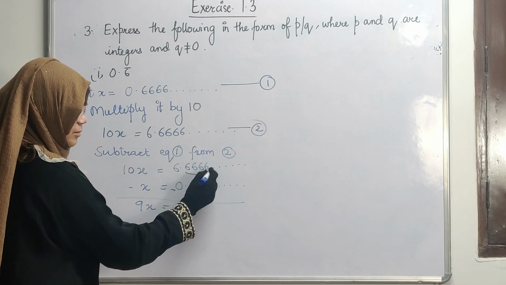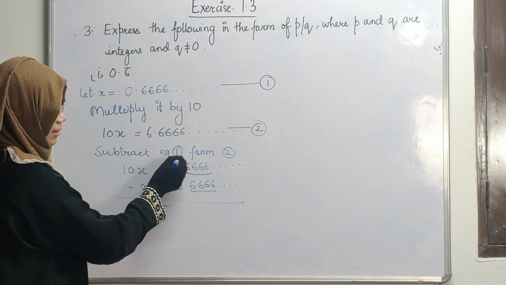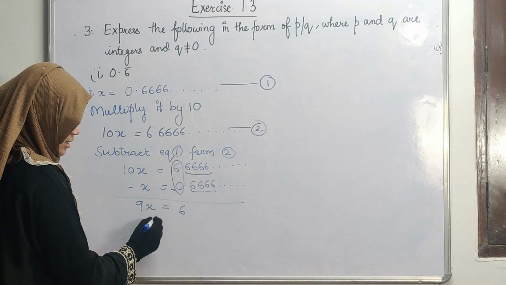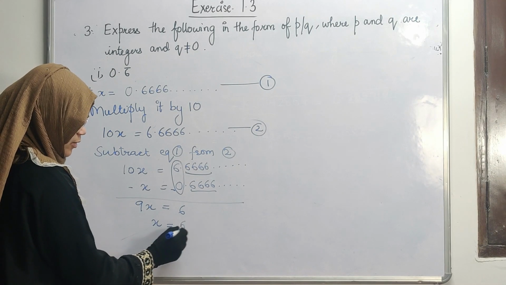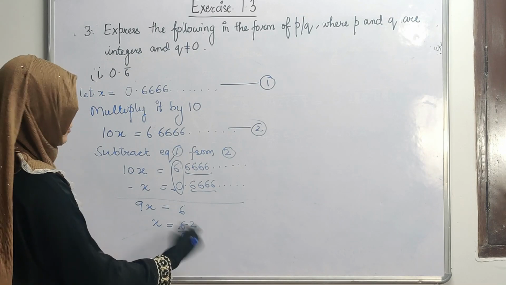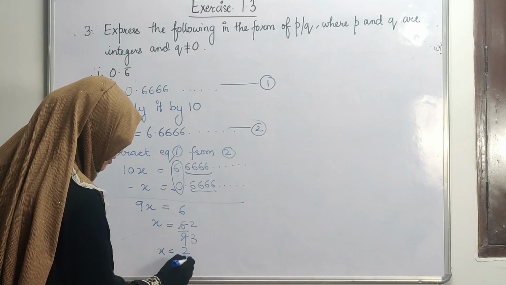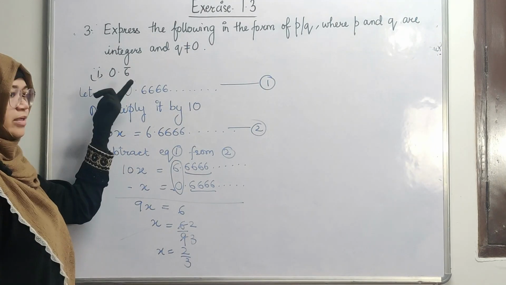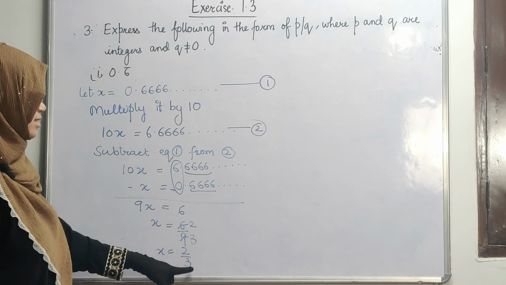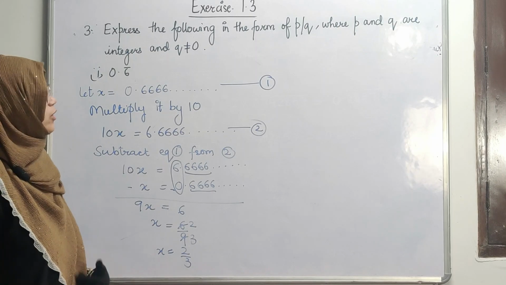आप यहाँ पे देख रहे हो the numbers are same. अब जब हम same numbers से same numbers minus करेंगे, हमें सिर्फ ये मिलेगा, which is 6 minus 0 is 6. The value of x is 6 upon 9. 3 2s are 6, 3 3s are 9. We put this number in the simplest form. x equals 2 upon 3. Now, did you understand that the value of 0.6 whole bar can be written as 2 by 3, where 3 is not equal to 0? Moving on to the next part.